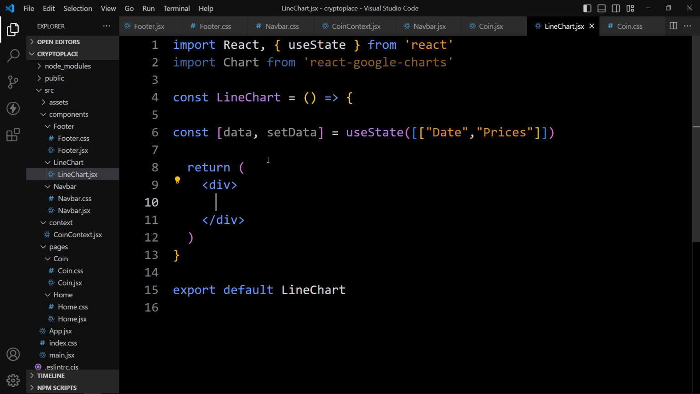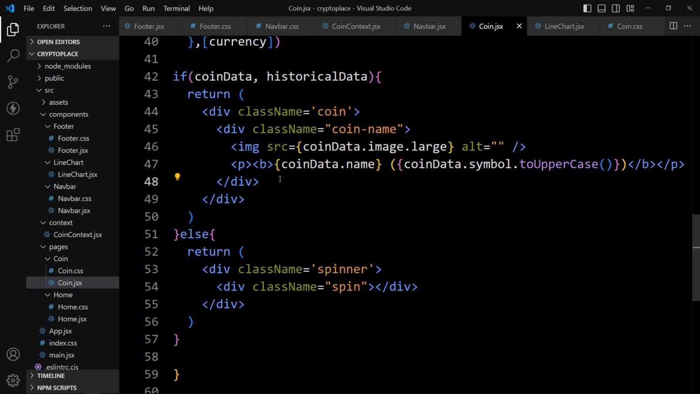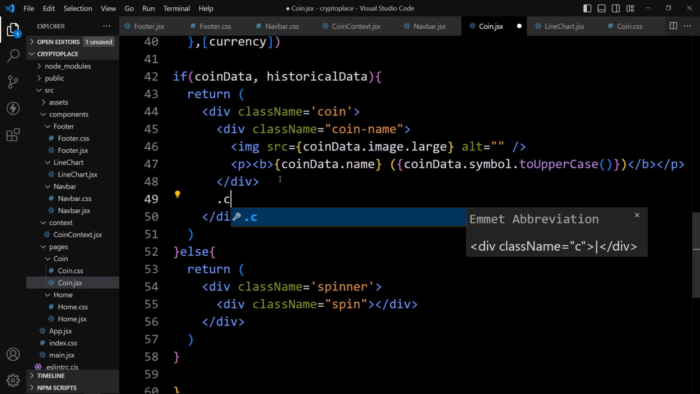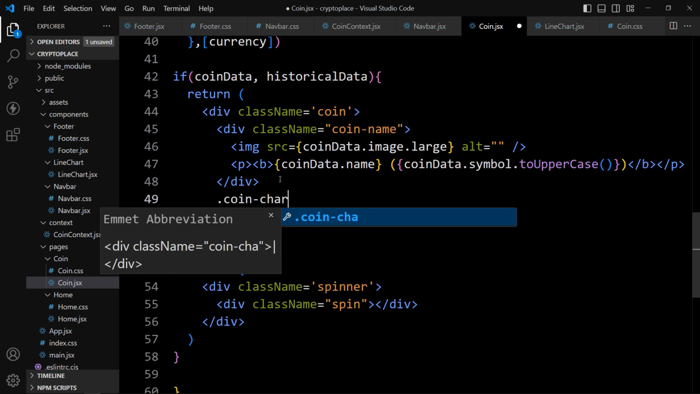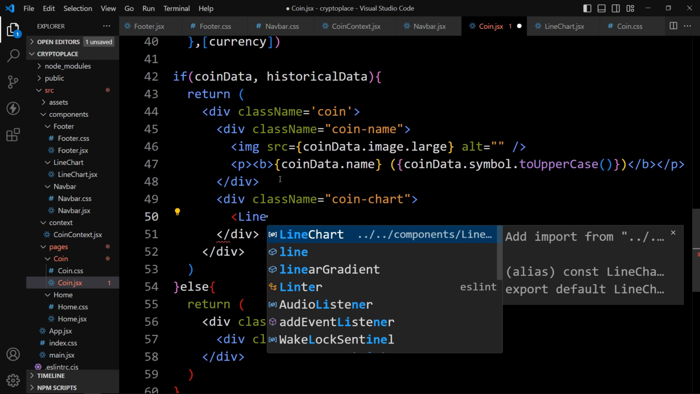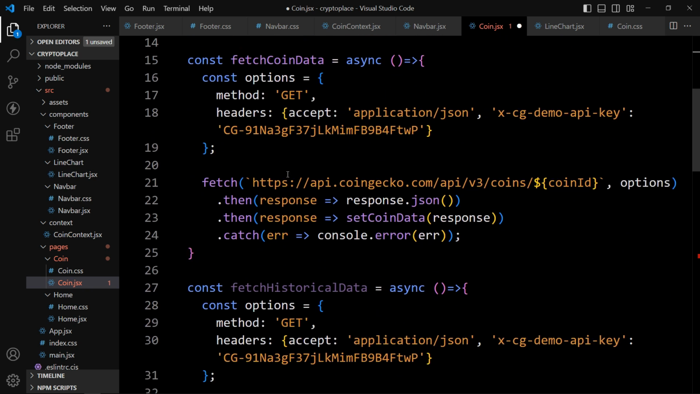So to get the historical data in this file, we have to pass it through props. So we will mount this component in the coin page. Here we have the coin.jsx. So in this coin.jsx, after this div, which is coin name. So here let's add a space and let's add one div with the class name CoinChart. And in this one, we will mount the component line chart. Click here. So the line chart has been imported. From here,